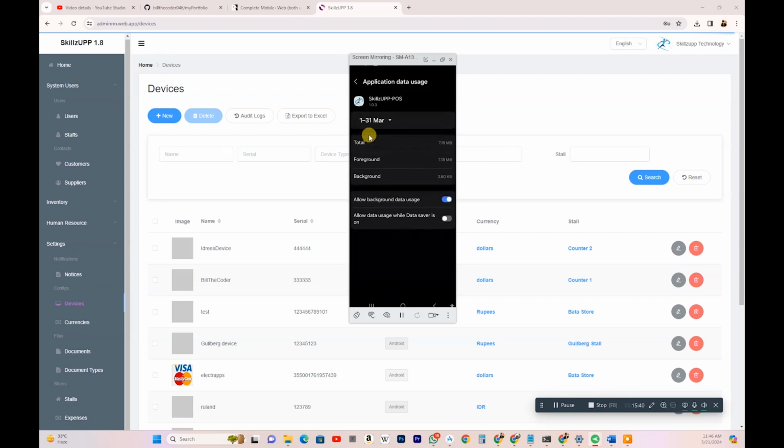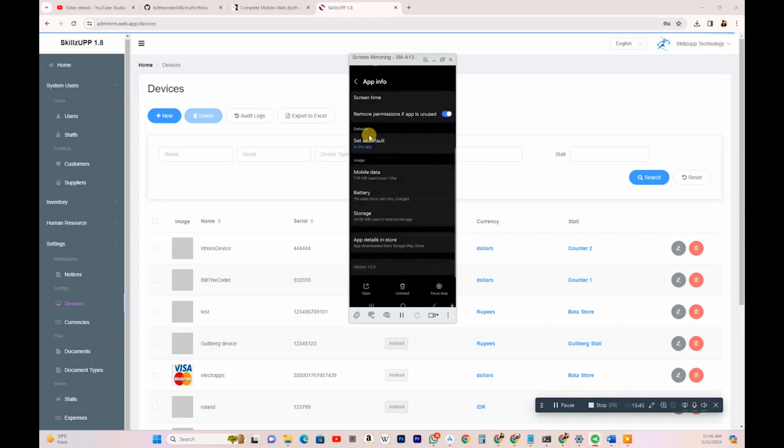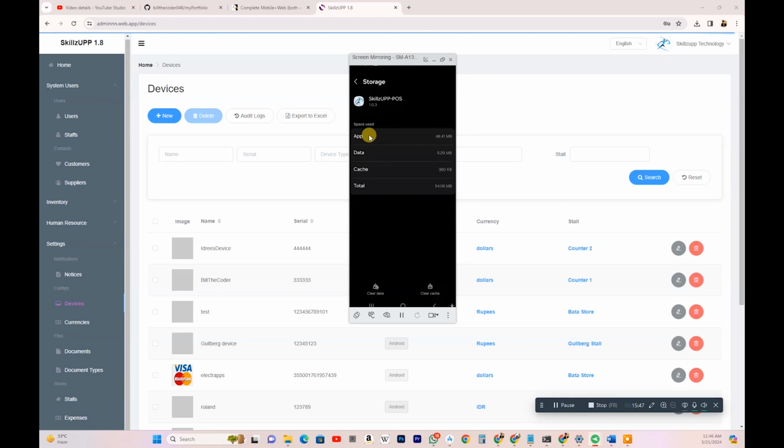Where was the storage of this application? Here it is. So we need to clear the data of this application,